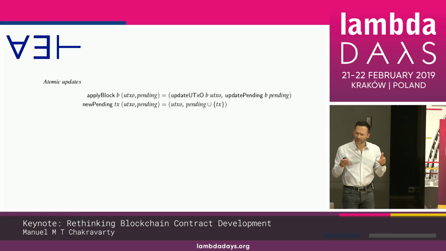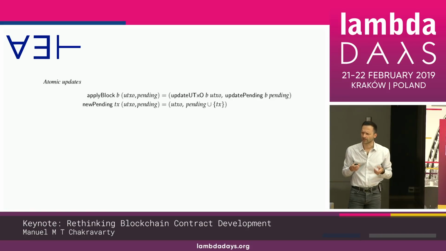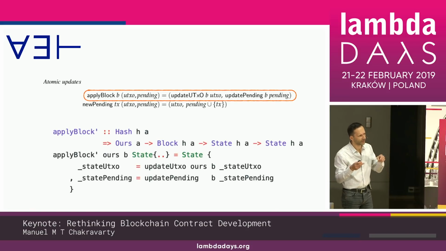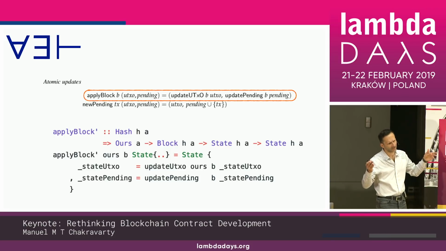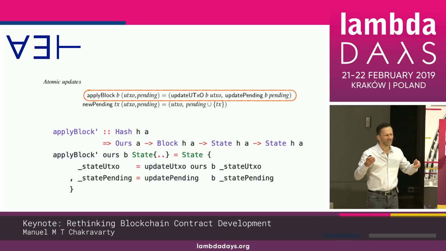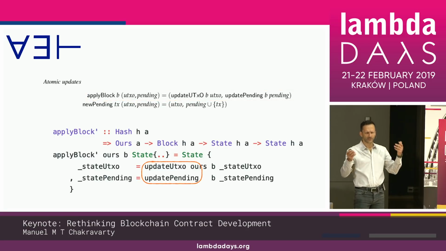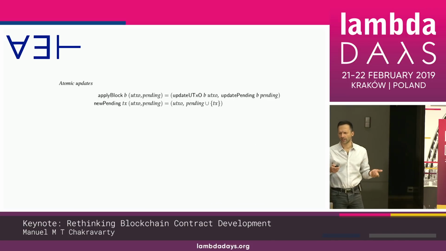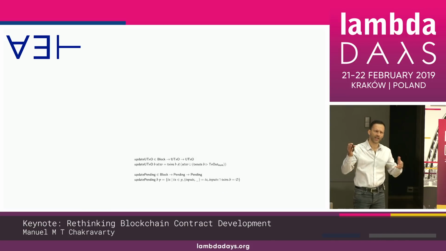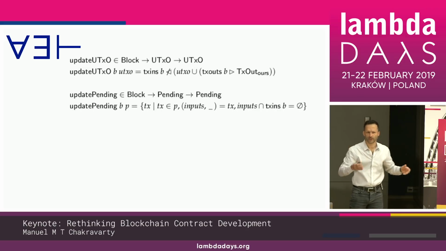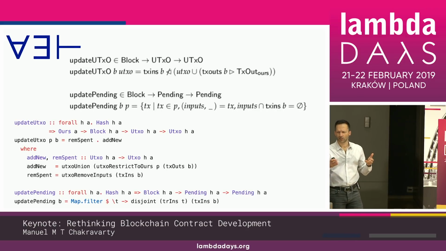And now this actually, I mean, if you squint at it, it could be Haskell, right? And that's actually the next step. The next step is to write some Haskell code, which, well, we use a record here instead of a pair in the mathematical formula. But if you look at those two, the code and the LaTeX, it kind of makes sense. They fit together. In both cases, we have some helper functions. Now, if we look at those in the specification, they're again expressed over sets of various things. And that Haskell code, again, if you look, the LaTeX uses all kinds of fancy symbols, so it's more compact and so on.